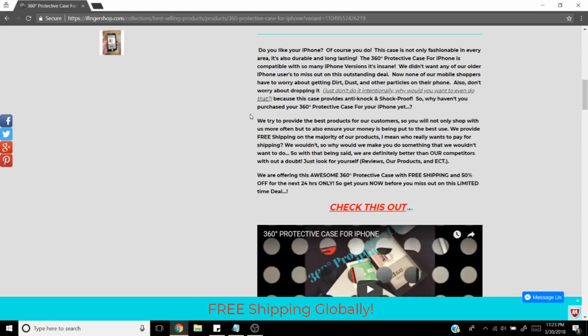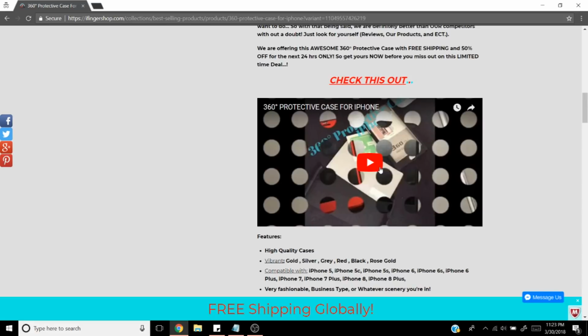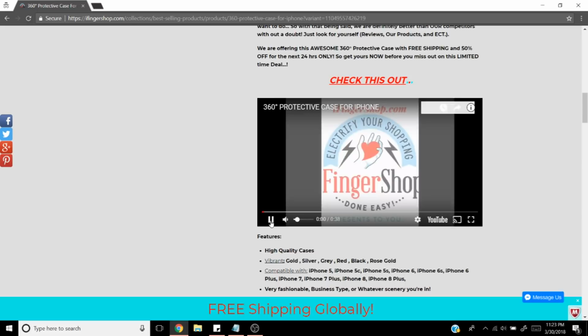Generally what you're doing right here is you're more being like, hey, buy this phone case, and you're not really giving too many benefits of the phone case. Like, you did a good job up here, but down here it kind of gets a little bit repetitive, and it's really not that beneficial. So I'd probably fix this and change it up a little bit. It's good that you have a video of it right here. Very interesting.